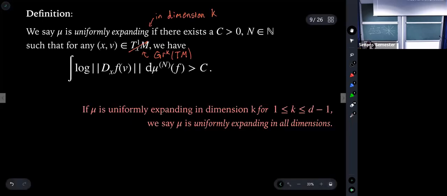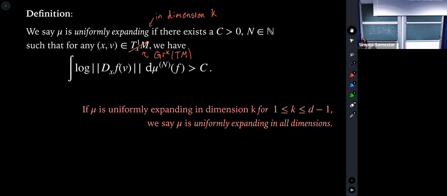Yes, good question. When I say Grassmannian and norm of Grassmannian, I'm thinking of it as embedded into projective space of the exterior power, and then taking the norm of the exterior power. So essentially, I'm treating it like the unit tangent bundle. You can do it all without that, but you just have to have an extra term. Other questions?